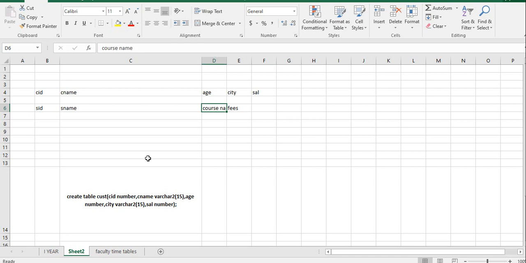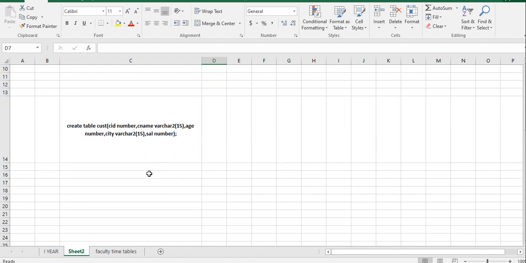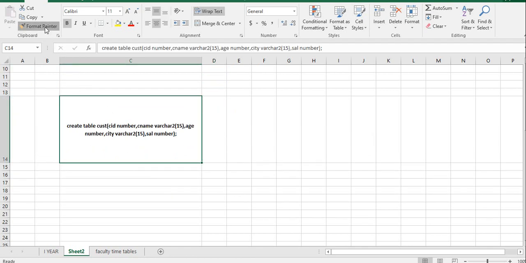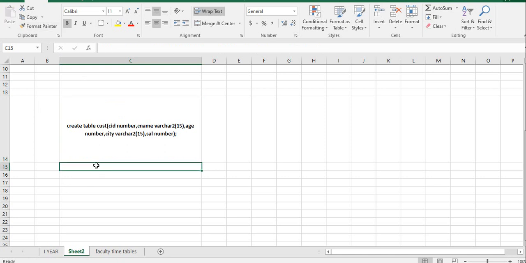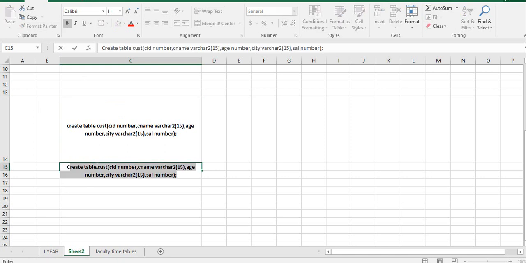These are the 4 columns I want. Instead of course name, I'll take it as class name. Okay? I want to create these 4 columns. Then you just tell me how to create a table. What is the syntax?